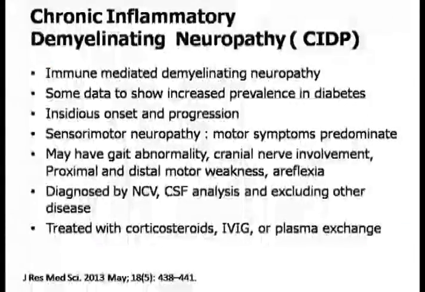So just to run through what CIDP is, it's an immune-mediated demyelinating neuropathy. There is some data to show that patients with type 2 diabetes have an increased predilection for developing CIDP. Even though you say it's a sensory motor neuropathy, motor symptoms grossly predominate. You may have significant proximal muscle symptoms. And the best thing of all is that this is a potentially treatable condition with corticosteroids, IV immunoglobulins, or plasma